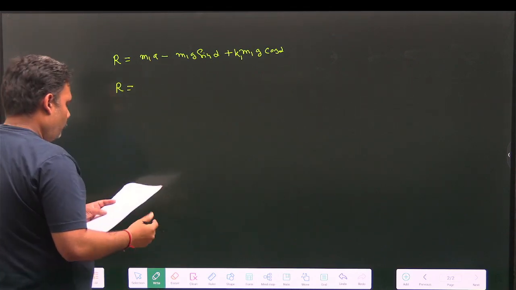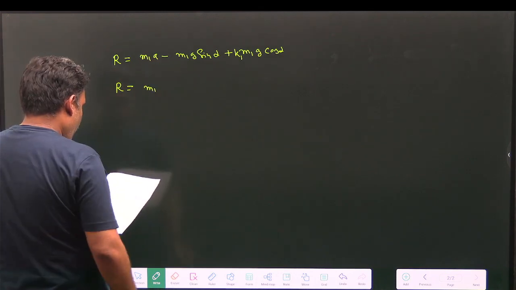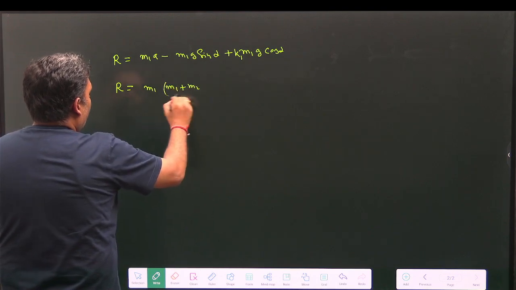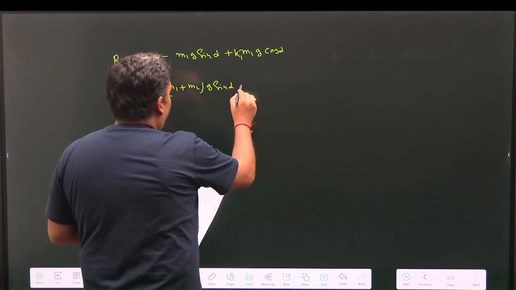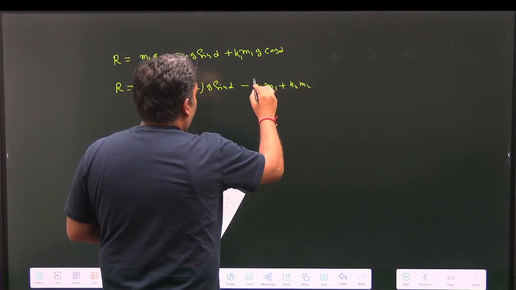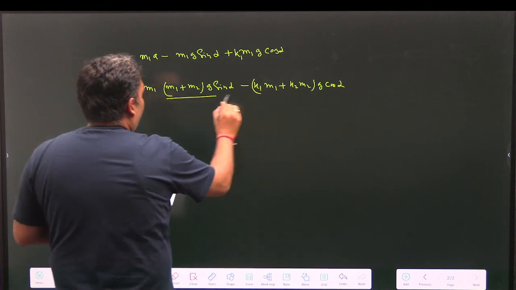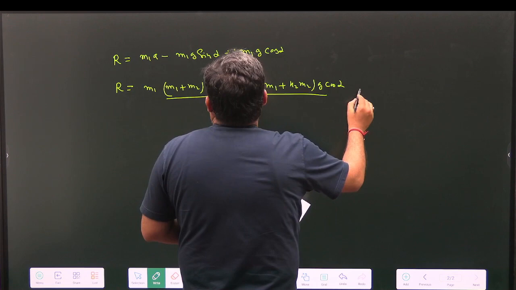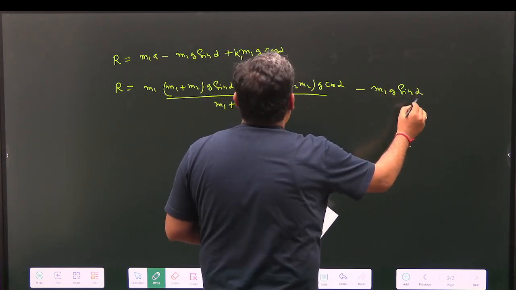R is equal to m1 times the value of a, which is (m1 plus m2) g sin alpha minus (k1 m1 plus k2 m2) g cos alpha, divided by m1 plus m2, and this value is minus m1 g sin alpha